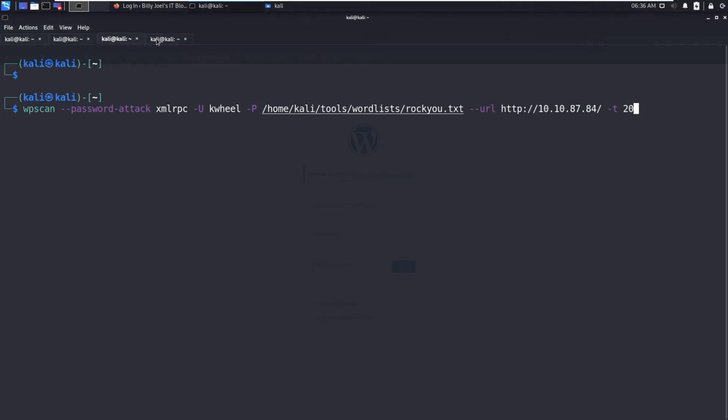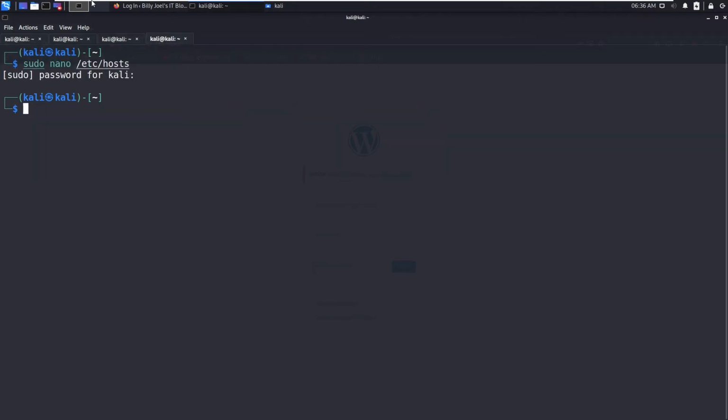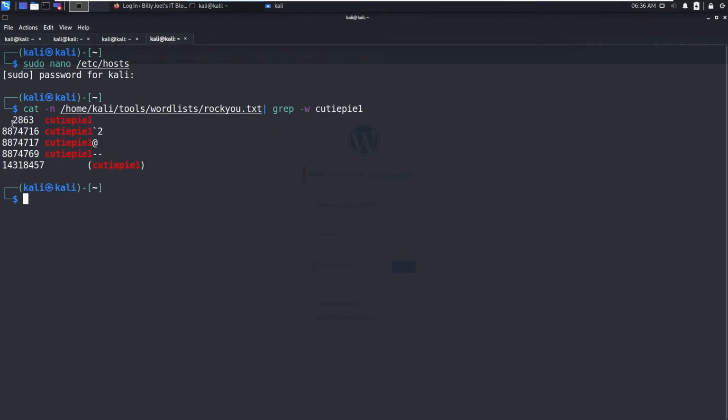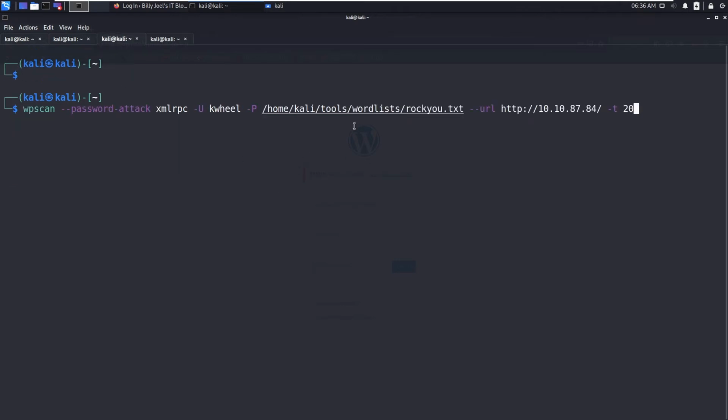Okay, the password is qtpy1. I'm going to show you this, the rockyou wordlist, and grep for an exact match for qtpy1. So after 2800 requests, you will get this as a success.